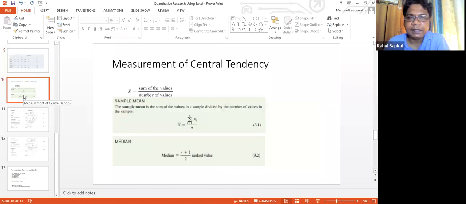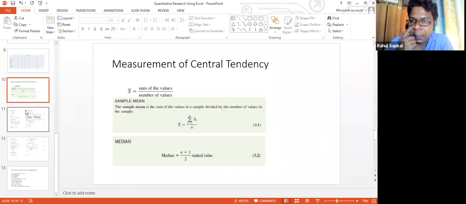In the measurement of central tendency, I hope you know why we require this in sampling. We would like to see the skewness within the sample population, how heterogeneous it is, what the variations within the sample are, and whether we can really say the patterns hold for the entire sample distribution, which is normally distributed and has heterogeneity.